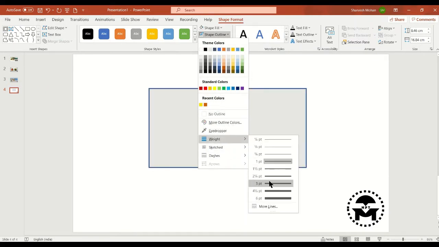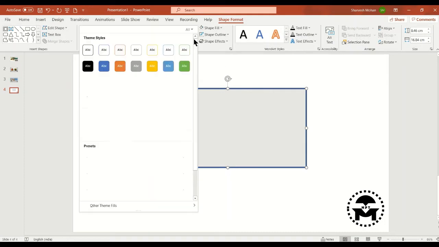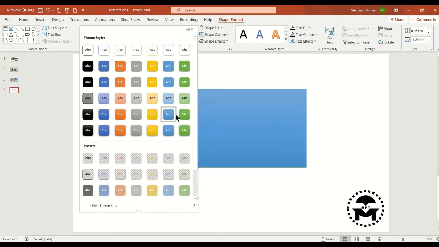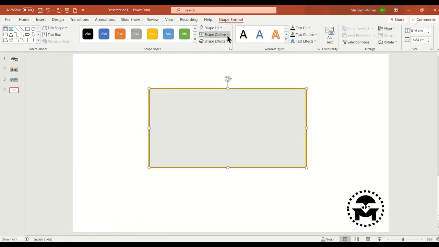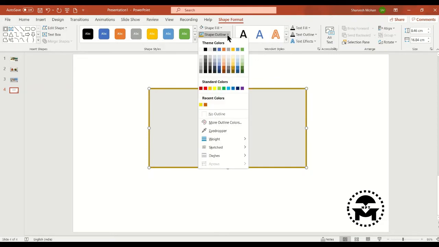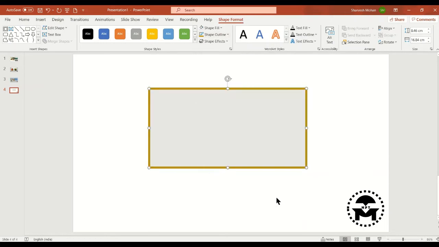Increase the weight to maybe 3 points. We can put this one and change the color to maybe this one. We can still increase the outline like this.